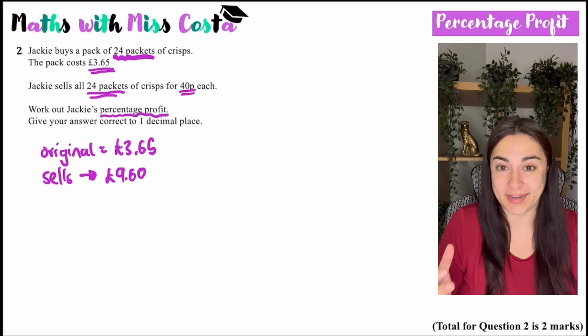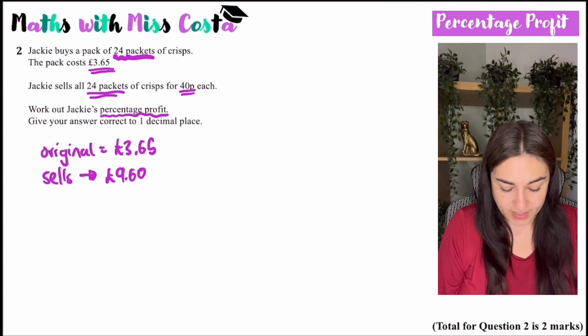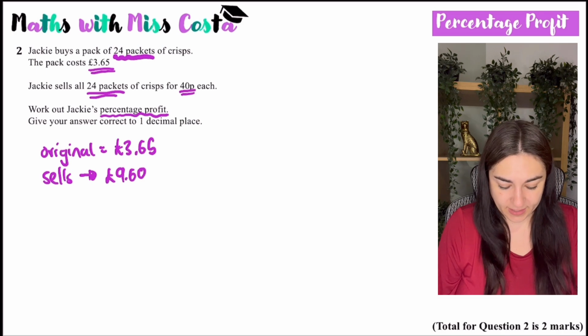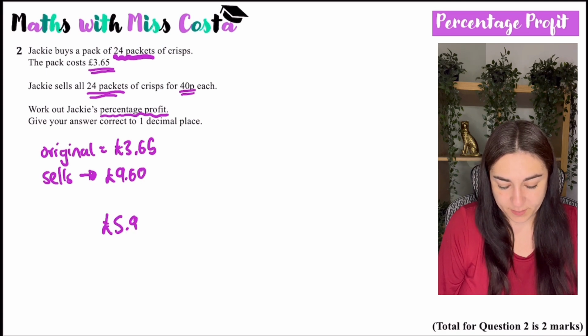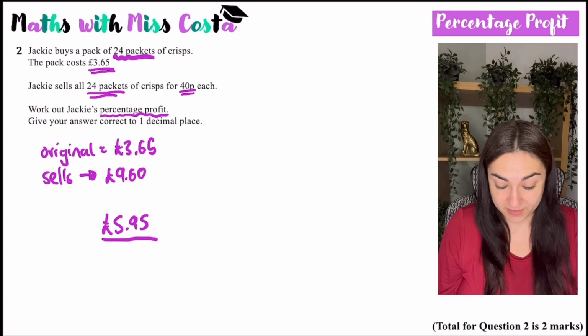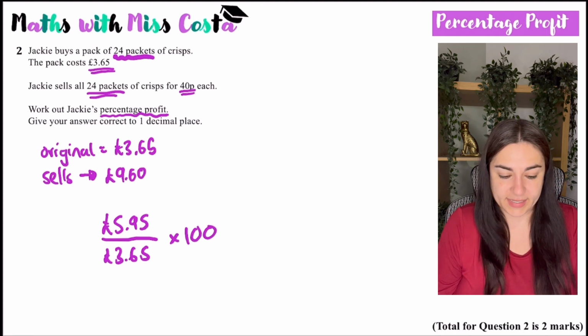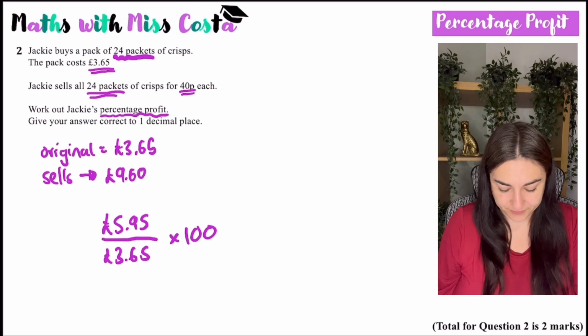So the profit she makes would be what she sells it for minus the cost. So £9.60, take away £3.65, gives me £5.95. So the difference between how much it cost and how much she sold it for is £5.95. I write that over the original cost, and then I times it by 100 to work out her percentage profit. So £5.95 divided by £3.65 times 100 gives me